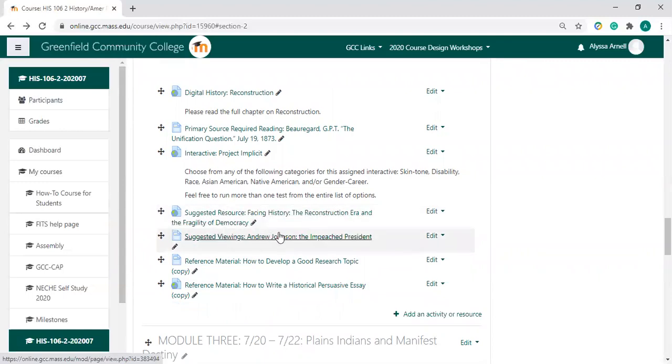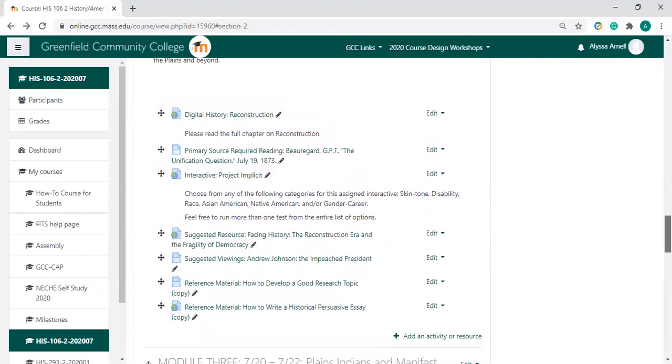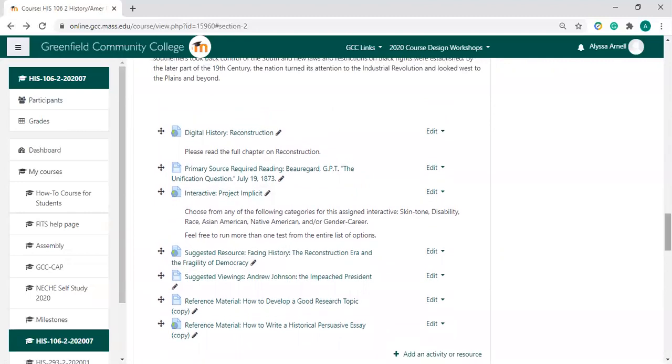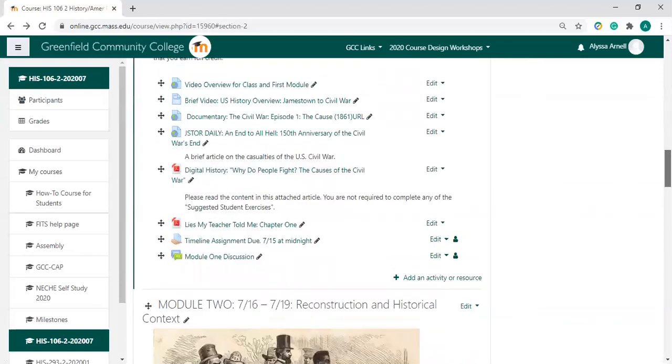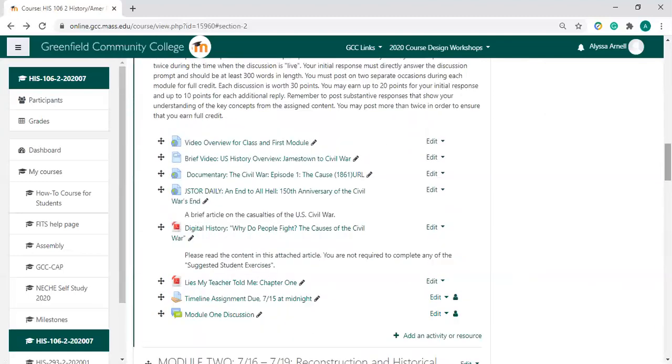So they know that they don't have to review these, but again, it's just more information that I think is useful. And so that is how I pull information from online to curate a class content that is